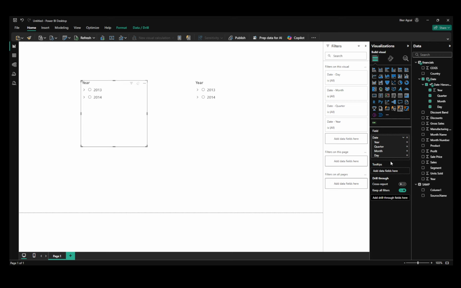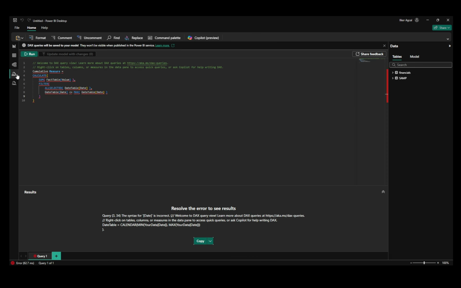Filtered Sales = VAR From = MIN(DateTableFrom[Date]) VAR To = MAX(DateTableTo[Date]) RETURN CALCULATE(SUM(FactSales[Sales]), FILTER(ALL(FactSales), FactSales[Date] >= From && FactSales[Date] <= To))